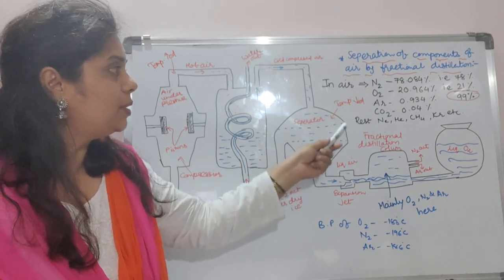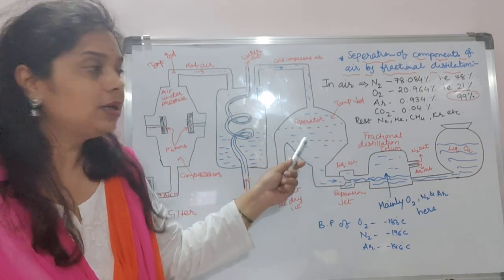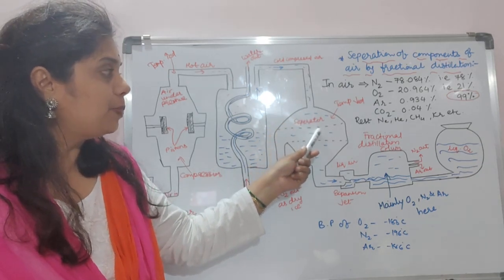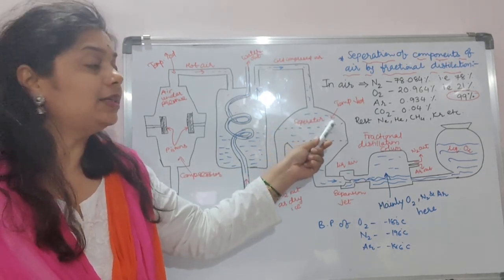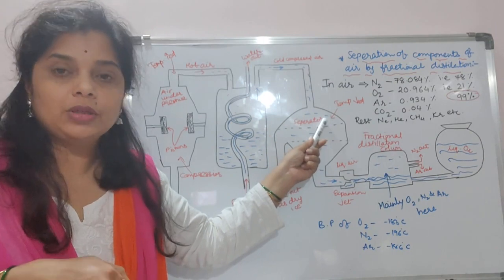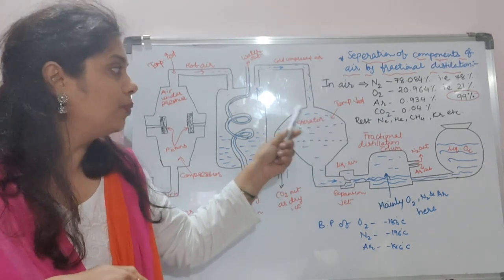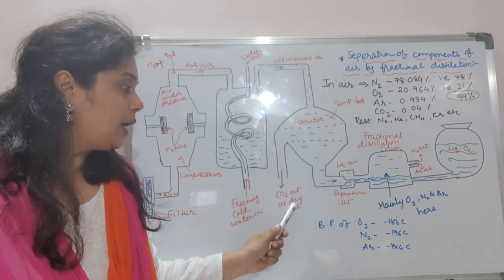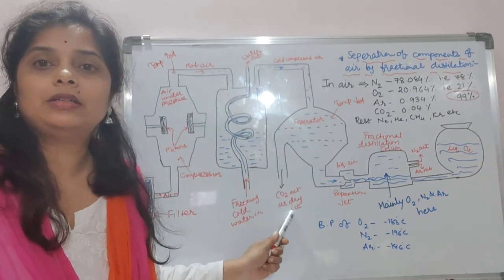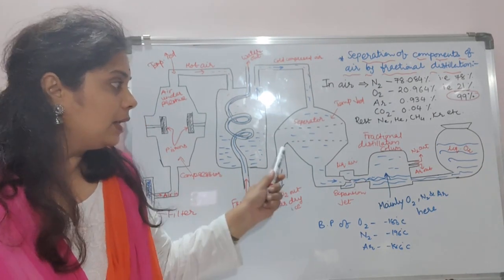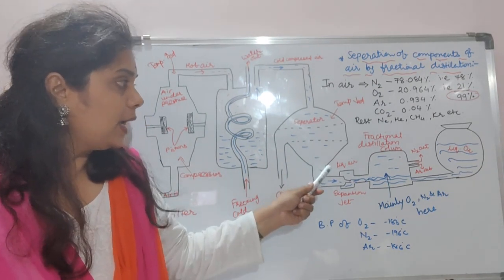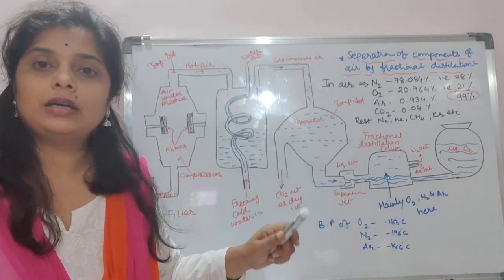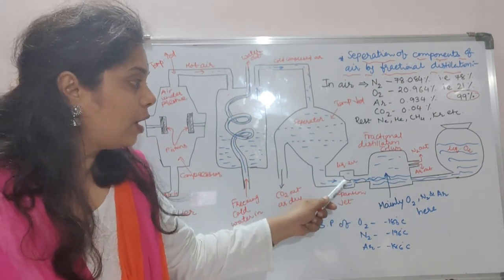As you see, its diameter is too high. It means the compressed air can spread out here equally, and the temperature goes down. As the temperature goes down, firstly carbon dioxide moves out as dry ice, and the rest of the liquid air, which is mainly oxygen, nitrogen, argon, and krypton, can now move into the fractional distillation column.